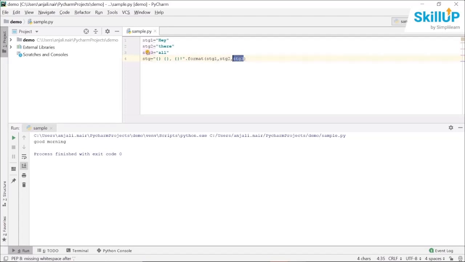And everything that is in between is printed exactly the same. So here I have inserted a space. This space will be printed exactly as it is in the same location that I have given. The comma and the space here too will be printed exactly the same way, and the exclamation would be printed the same too. So at first you give a string within which you have placeholders for these